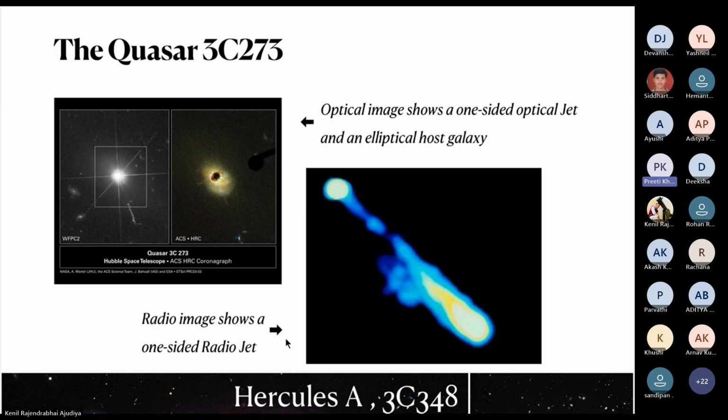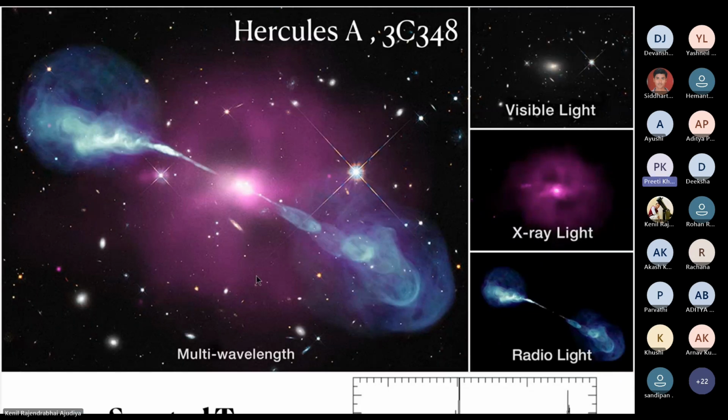Of course, now with nice interferometric images, you can see the connection between the core and the hotspot, and this connection is actually what is known as a radio jet. Okay, so now let's move to the next. Yeah, so now, of course, you have this image of